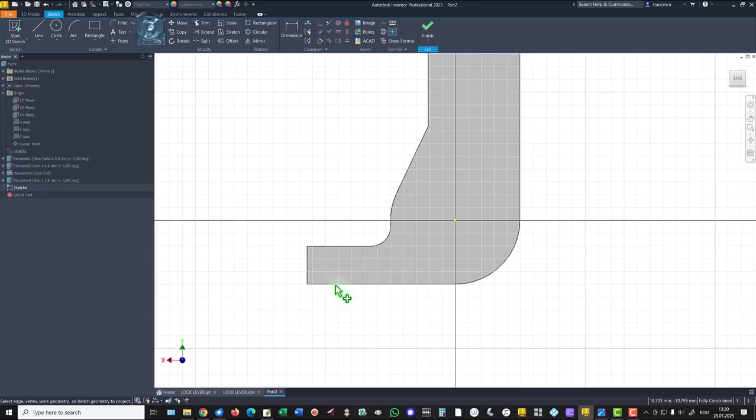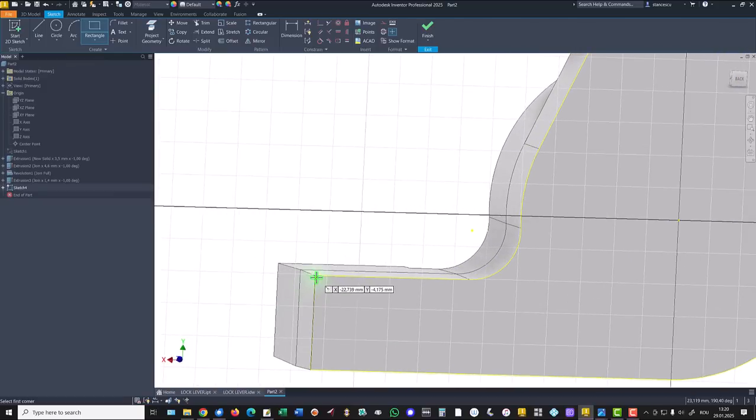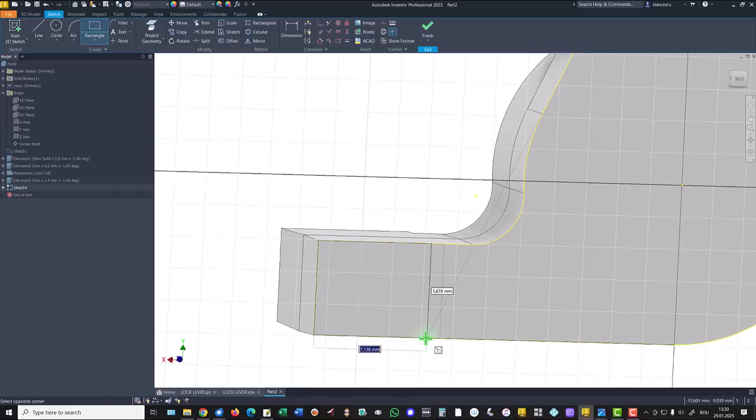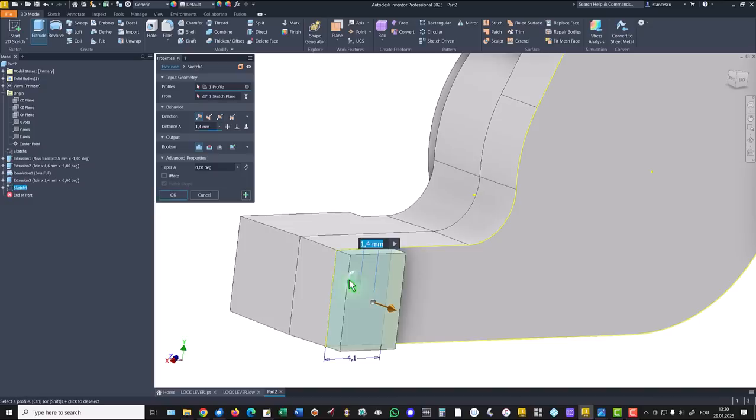Then we project the face because we want to create another rectangle with this bottom dimension of 4.1. The other is taken from here. Finish sketch, extrude this face